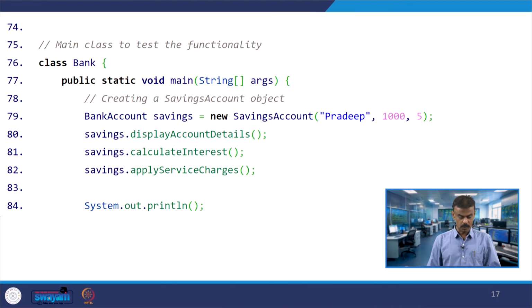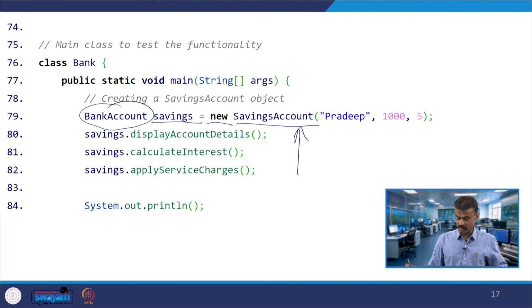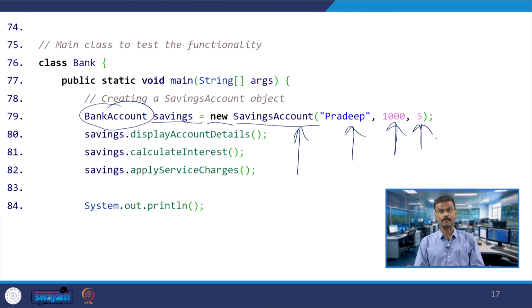In the main program you have object savings, whose class is bank account, and you are dynamically allocating memory, and then here you have the savings account constructor, you are passing Pradeep 1005, that means a 3 member constructor. So, in fact it is upcasting.